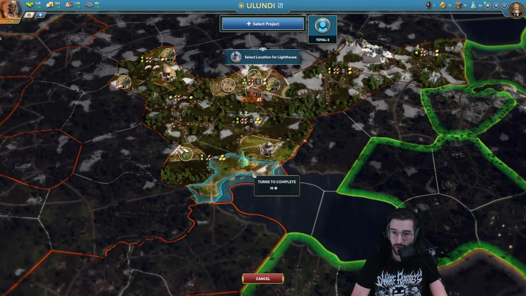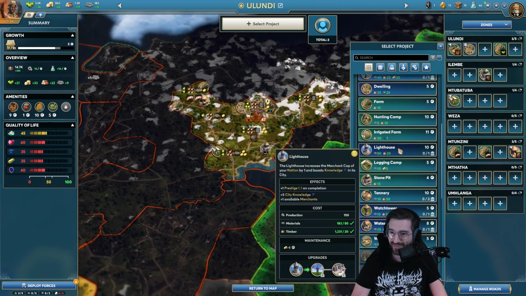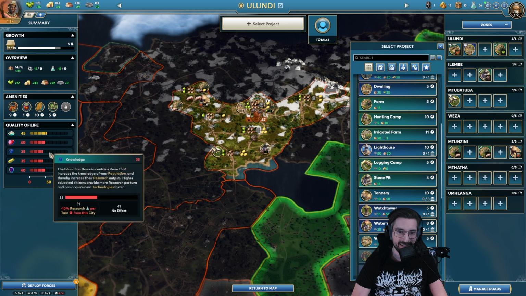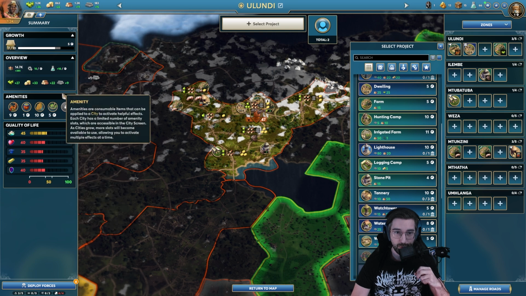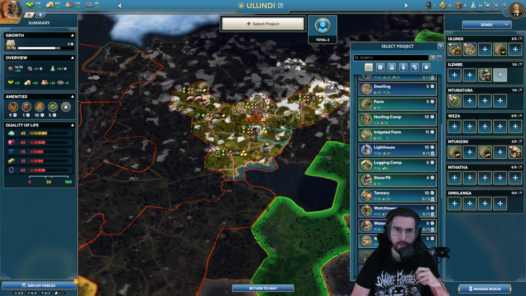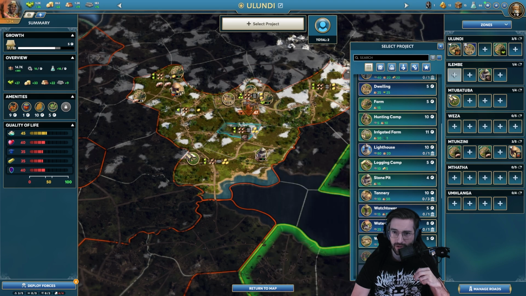I suppose I could build a lighthouse. It would give me +1 merchant and 5 city knowledge. This would improve some things. The biggest issue is that we don't really have anything to trade with right now, so...